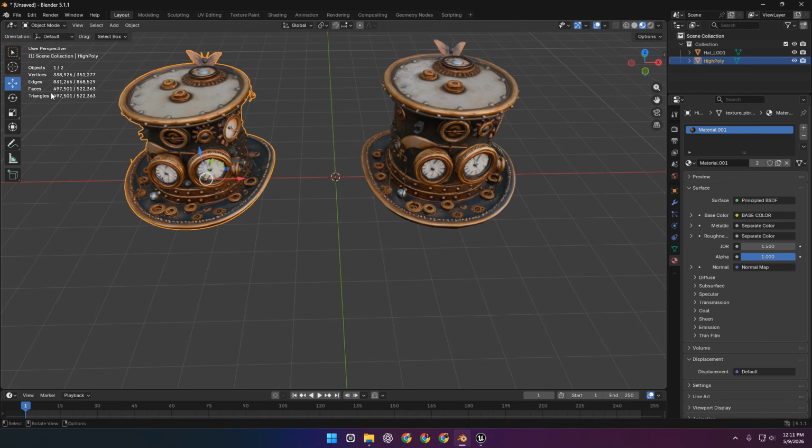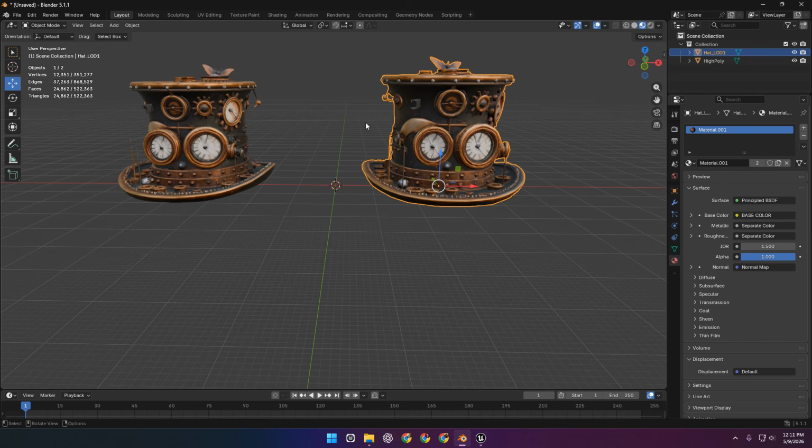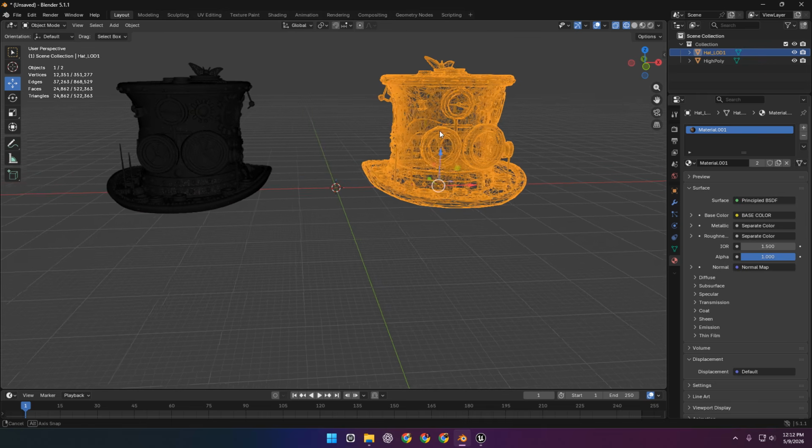This one has almost 50,000 triangles and this one only has 24,000 triangles. So if I go to this wireframe mode here, you can see